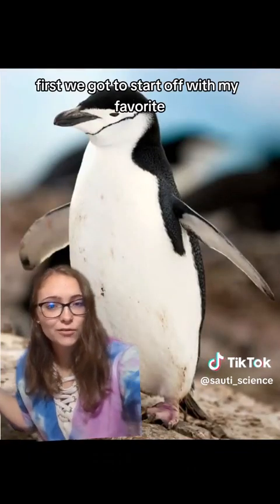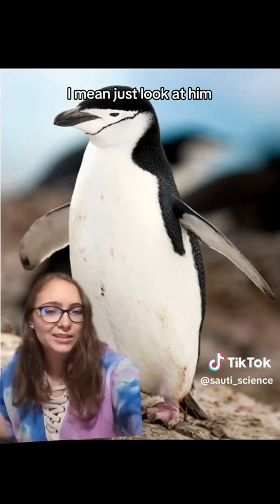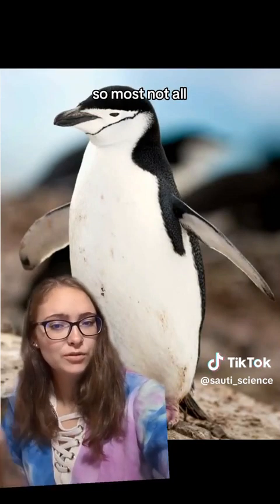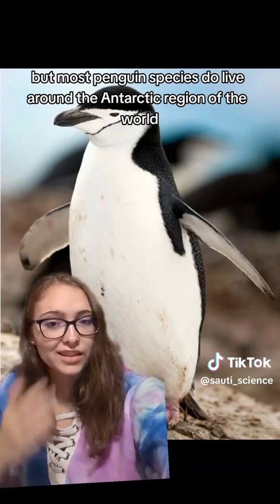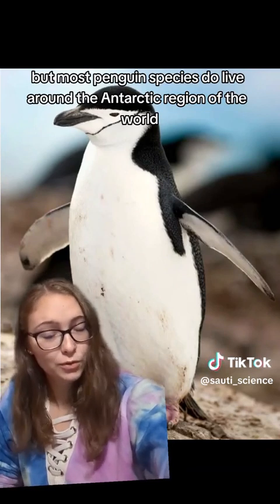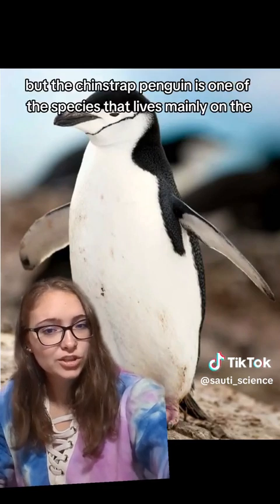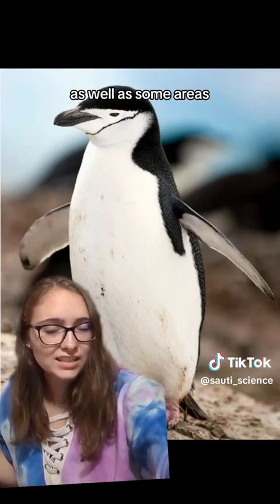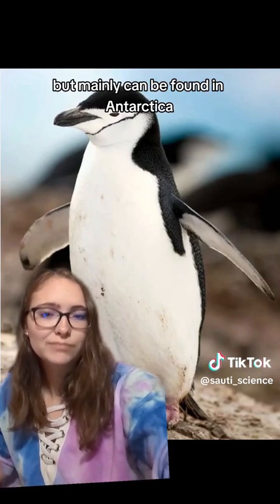First, we gotta start off with my favorite, the chinstrap penguin. I mean, just look at him. Iconic. And, very well named. So most, not all, but most penguin species do live around the Antarctic region of the world. Some live in other places, but the chinstrap penguin is one of the species that lives mainly on the Antarctic area, as well as some islands in the Atlantic Ocean, but mainly can be